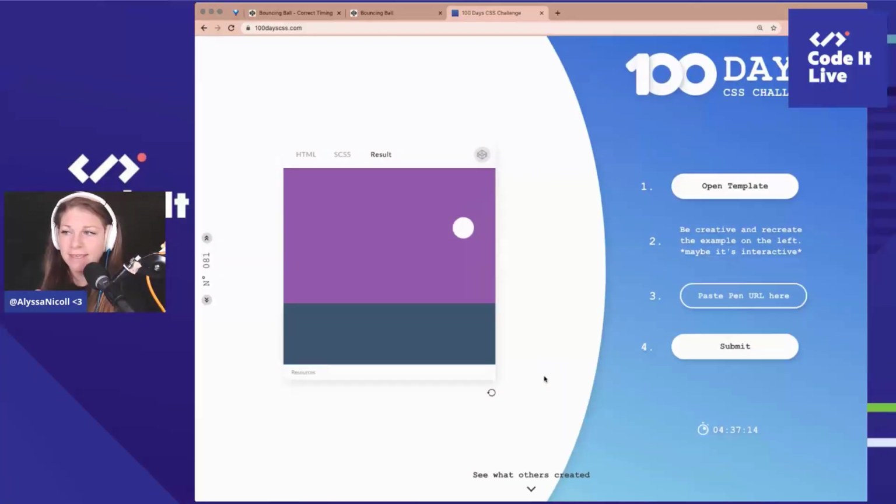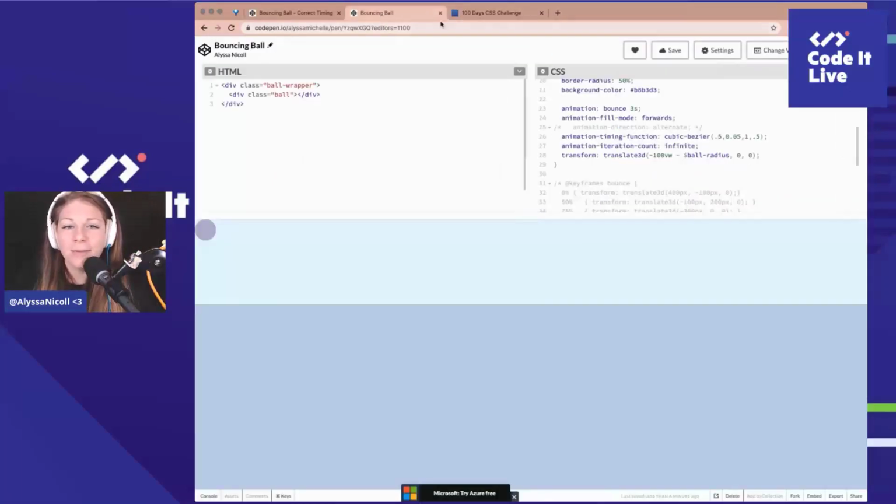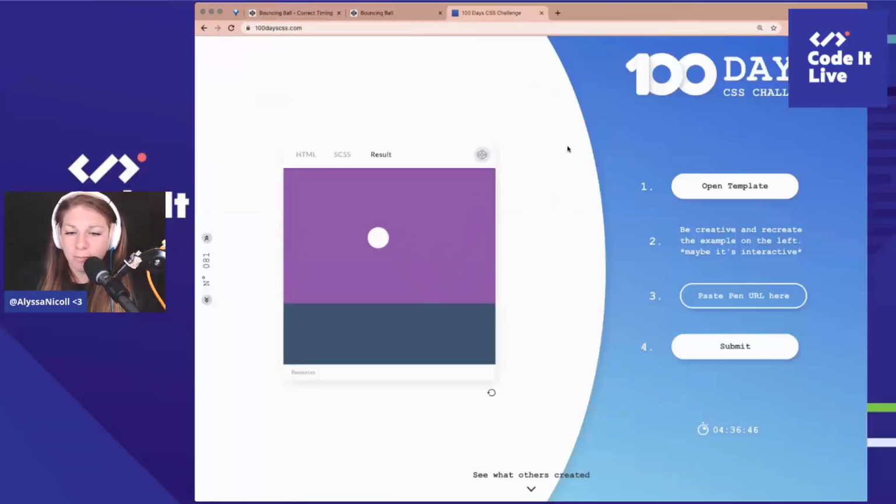So if you're unfamiliar with this, every day for 100 days in a row, there's a new CSS challenge. And so sometimes on UI Wednesdays, I like to just grab one and tackle it for funsies. Hey, TJ. Oh, it's good to know I'm actually streaming. There was some touch and go there for a bit earlier. So, ooh. Okay, so this was my cheating. I was working on it ahead of time. So we might look at that in a little bit, but let's just go ahead and click on the